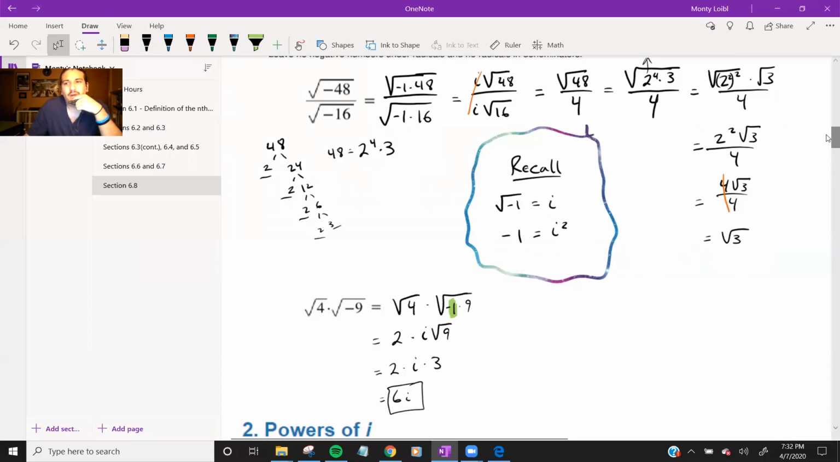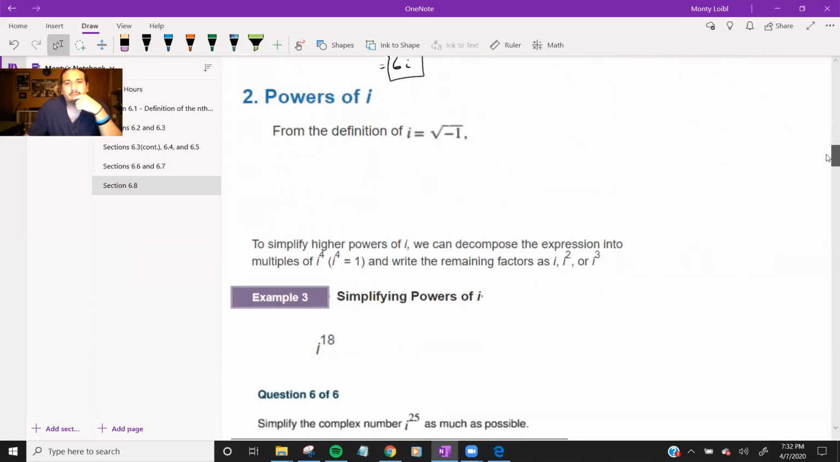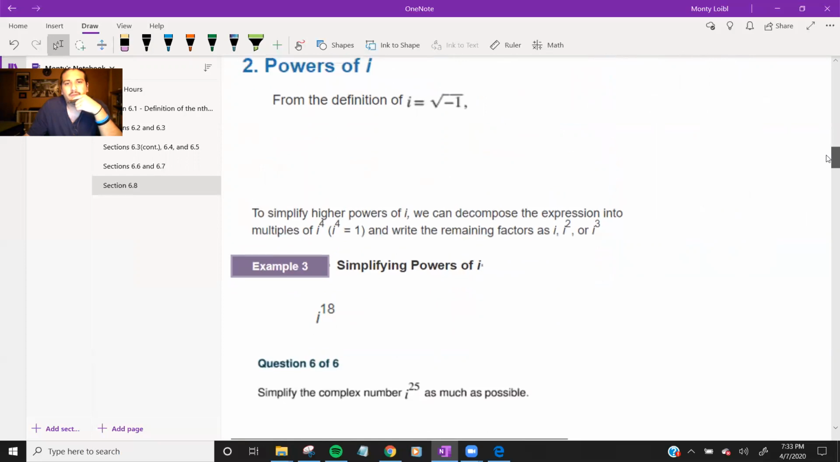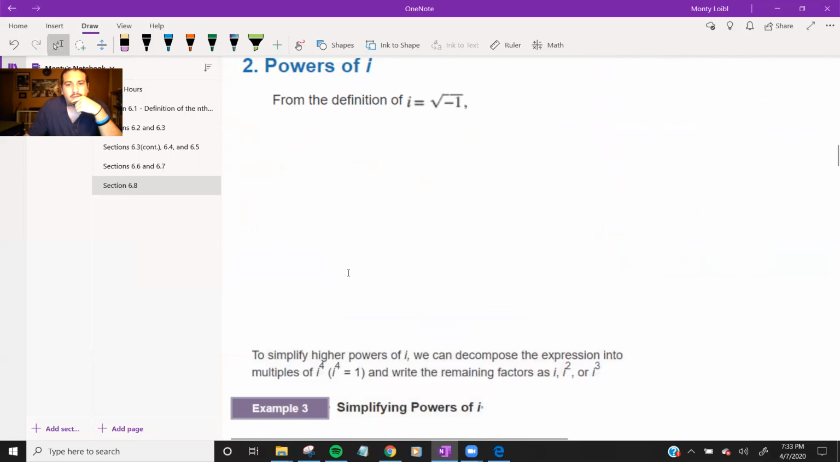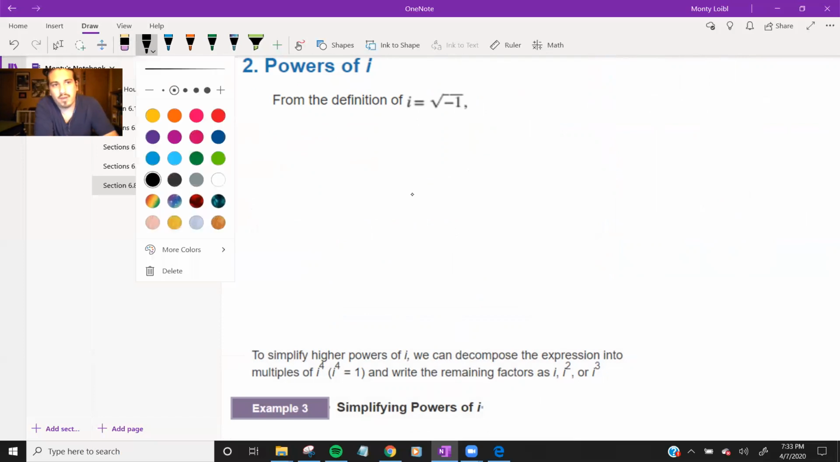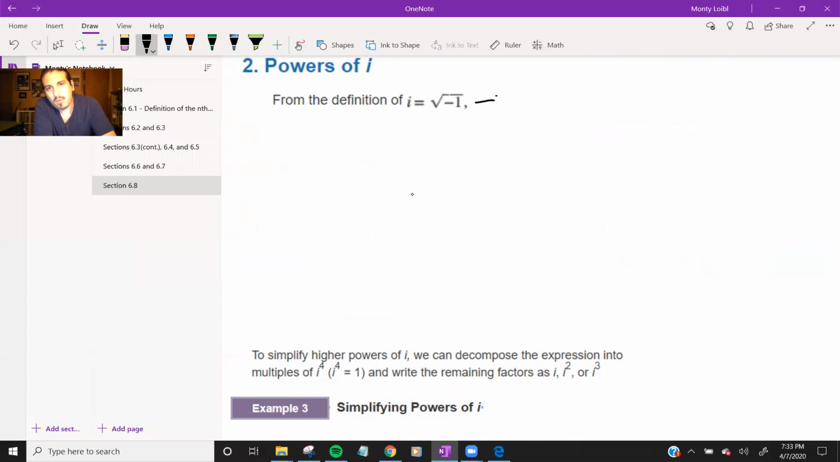Okay, we're going to move on. So section 2 is talking about the powers of i. So we're not distracted by this, move that down just a little bit further. Okay, so we know from the definition, i is equal to the square root of negative 1. So again, that is equivalent to saying i squared is equal to negative 1, right? Same thing. So what it's saying is we could list out our powers of i and hopefully start seeing a